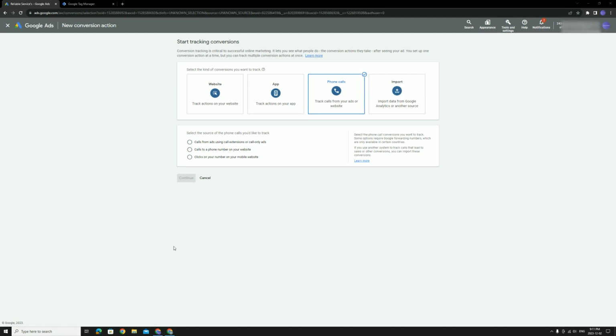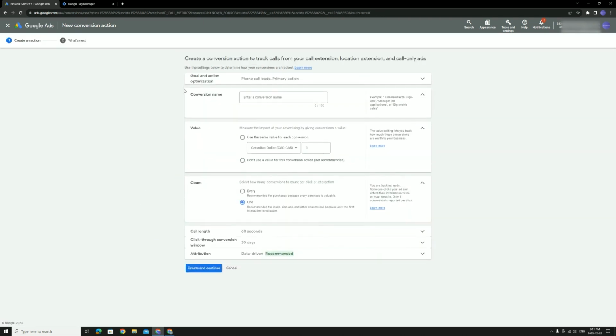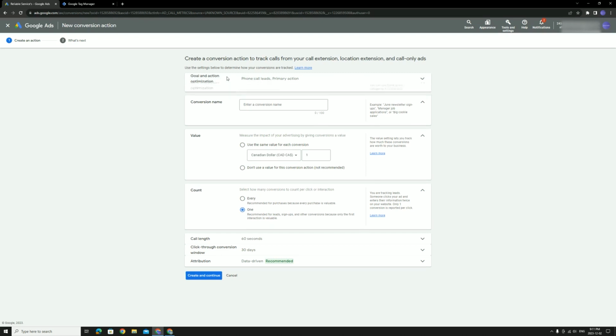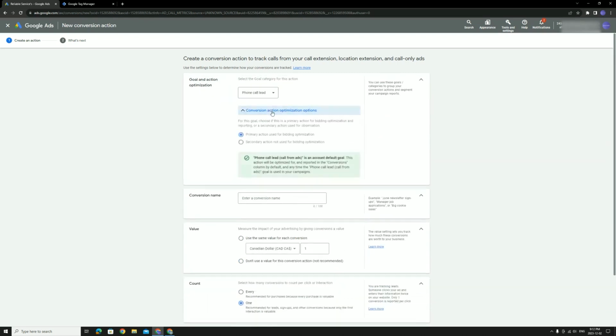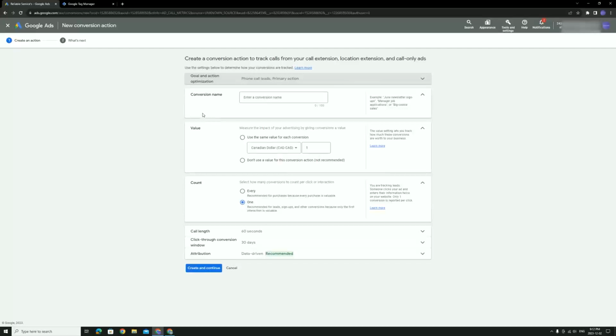And so we will start with the simpler setup, which is calls from ads using call extensions or call only ads, and click on continue. Once we are here, the first option you're presented with is action optimization. Essentially, you are here to set whether this is a primary or a secondary action, because a primary action is used for bidding optimization, whereas secondary isn't. And of course, you can specify what kind of lead, which we already did before by choosing a phone call lead. Keep it as primary, and then moving on to conversion name,